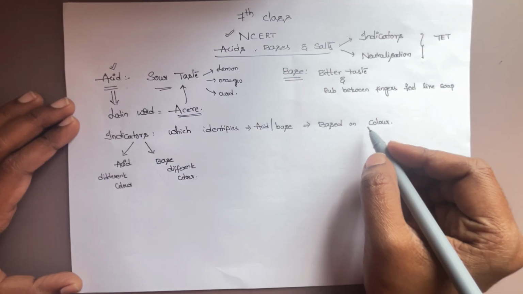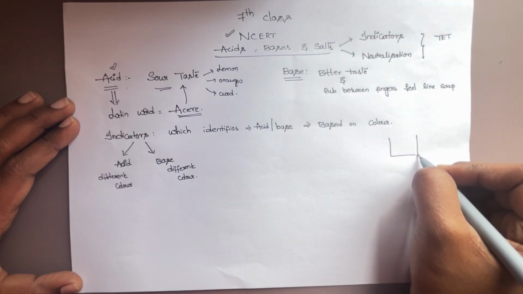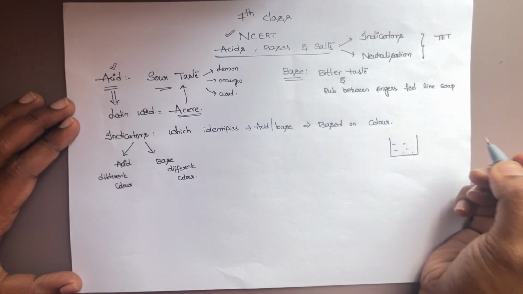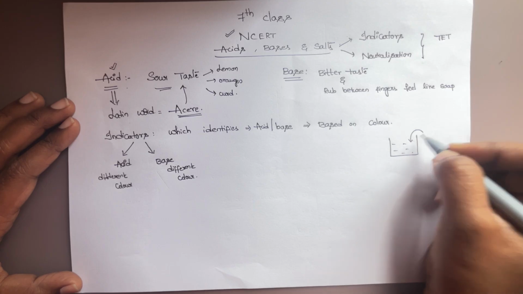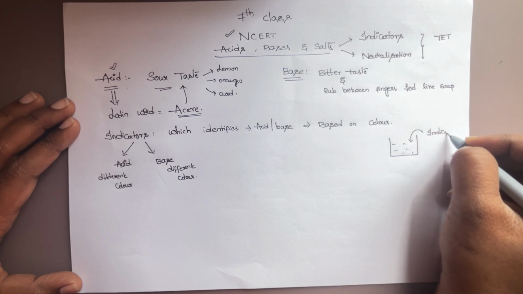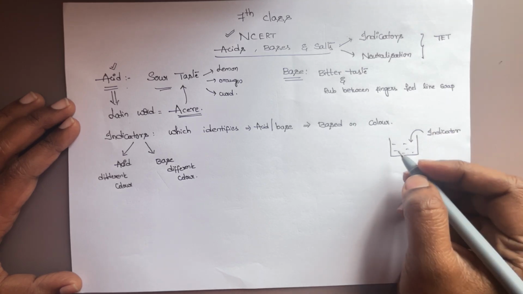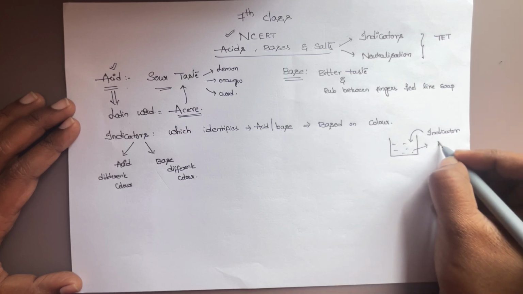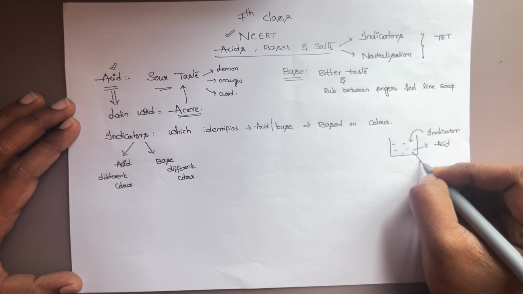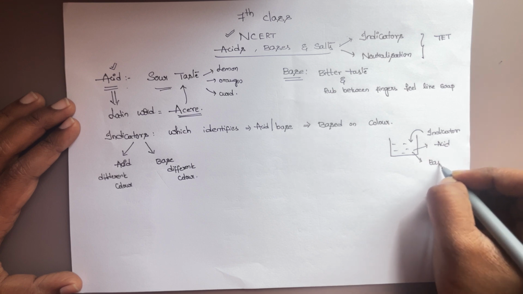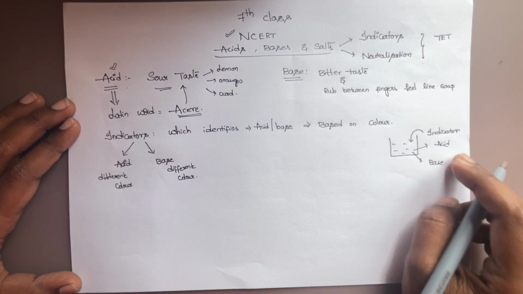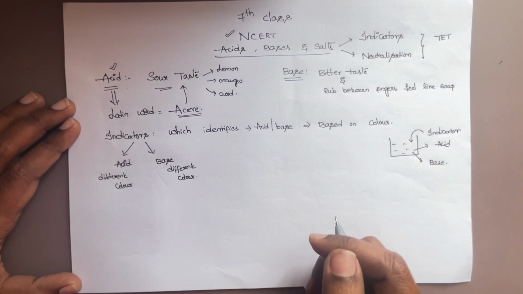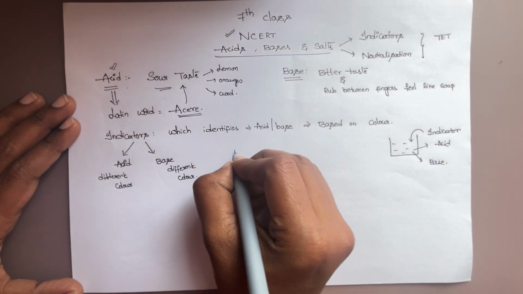Say, for example, if we have a substance in a beaker and we add an indicator, if it gives one color, we may identify that it is an acid. If it gives another color, we may identify it as a base. To know these, we need to study some of the indicators. So, coming to the types of indicators,